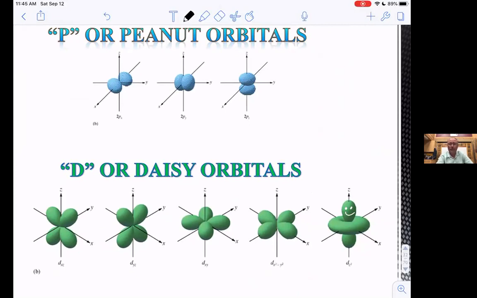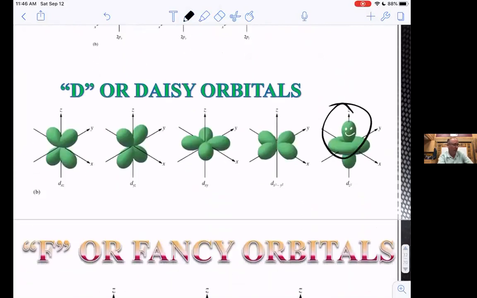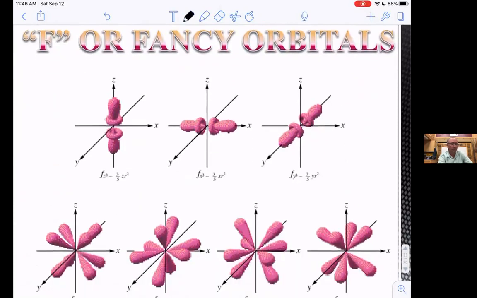For the D-shaped orbitals, there are 5. I'm not sure why there's a smiley face on that one over there. No doubt that was, 'twas not I. Okay, so fine. There's your D-shaped orbitals. And then the F-shaped orbitals, we can remember